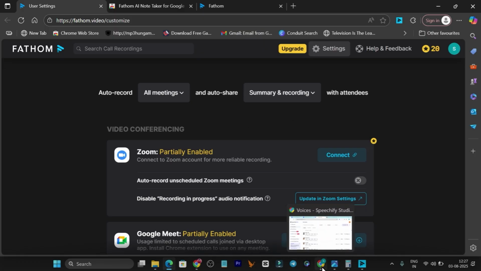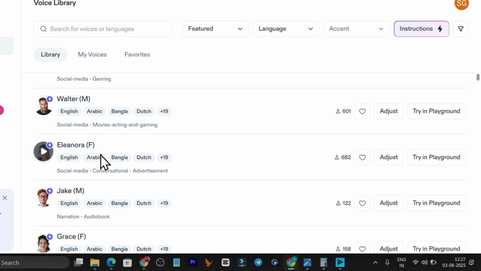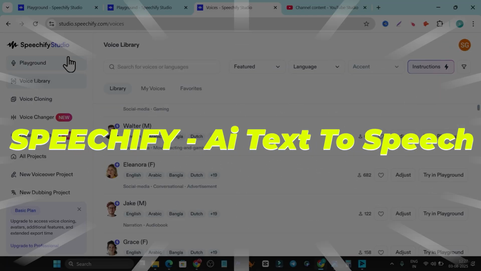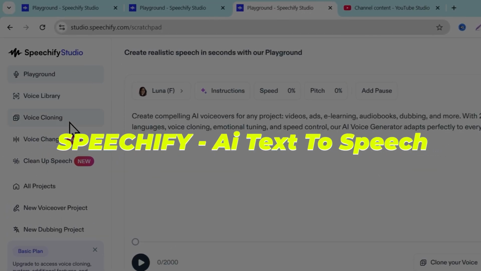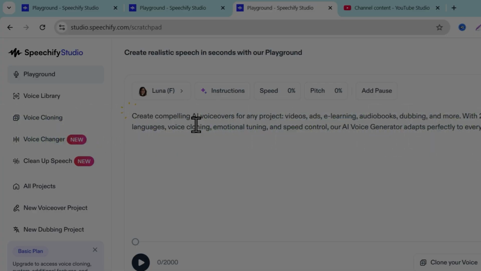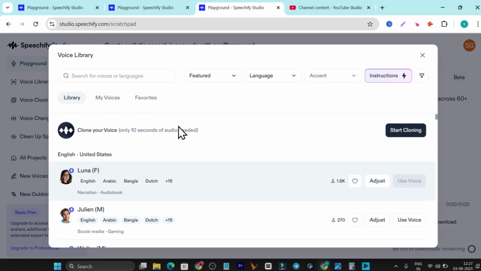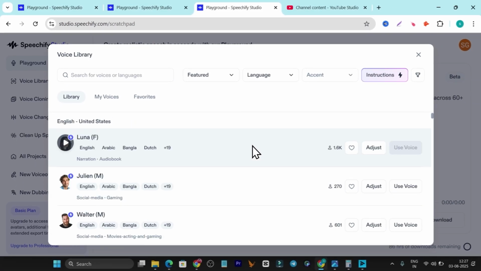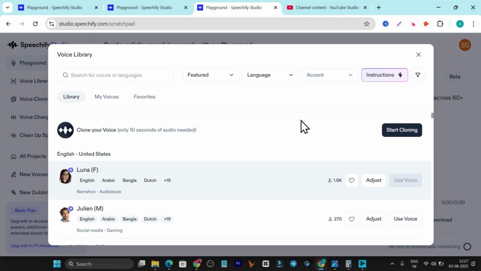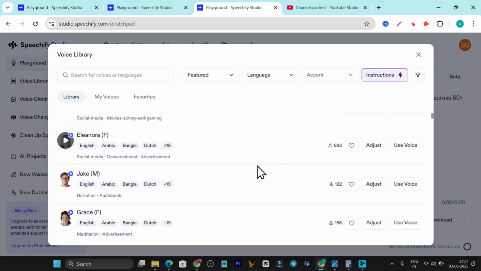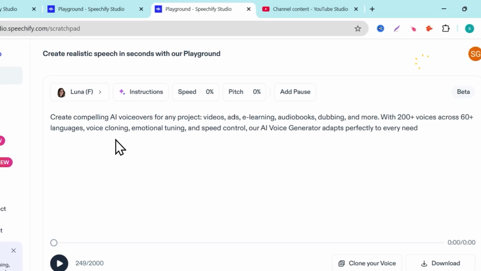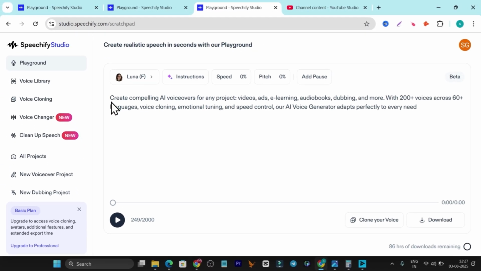The third tool included in this AI bundle is Speechify. With Speechify, you can turn your text into AI-generated speech or AI voiceovers. It has tons of professional-sounding AI voiceovers. You can also change their speed, accent, or pitch, and they feel more like human voices. Okay, all you have to do is provide the text and it will automatically be turned into an AI-generated voiceover.